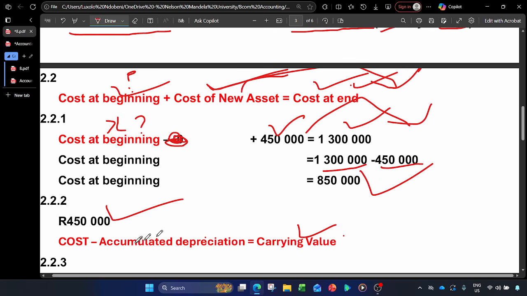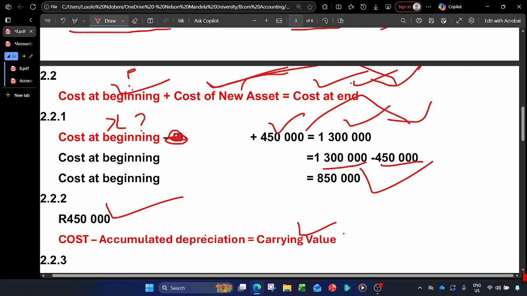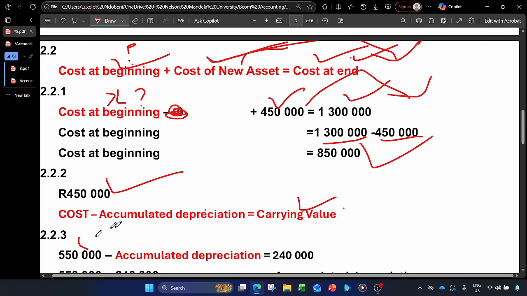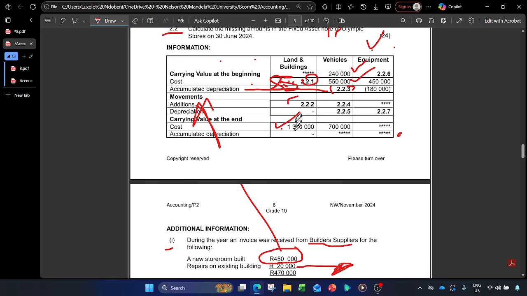How I was doing it, I would like to know the ordinary formula of it, so that I can just substitute in the formula and see what I don't have, then get what I don't have, right? So you have the cost of 450,000 in the vehicle they gave you. But that's another thing. Remember to know which side you are on. You are on the vehicle, so don't use information on the equipment to answer the questions on the vehicle. Don't use information on the land and building to answer the questions on the vehicle.